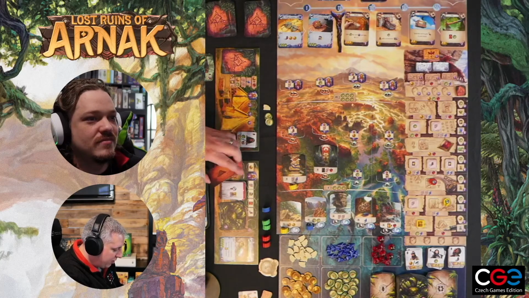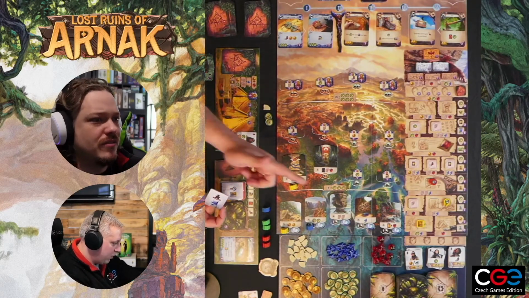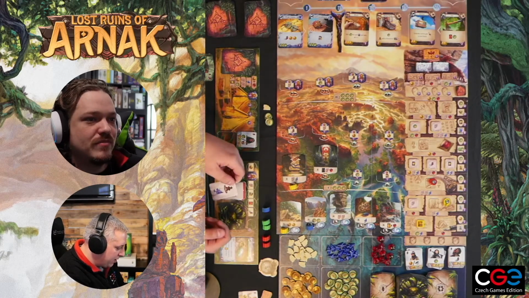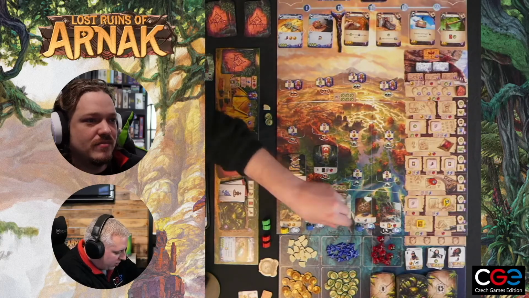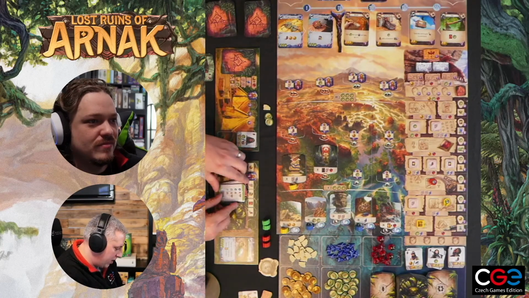Next action is moving on. Did you move up there? Yep, I moved up there on the track. This will place there. That doesn't really do anything because I can't do it. Now they're going to